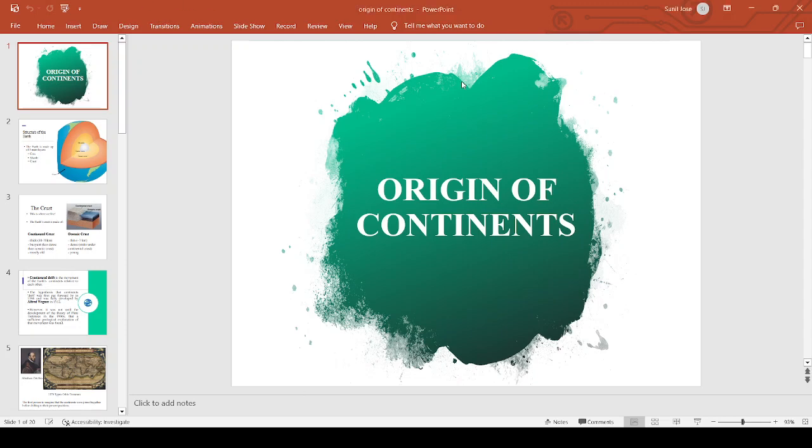Okay, we will be starting with this area. Mainly you have to study what the continental drift theory is, and then we have to understand the types and means of distribution. So under the continental drift,